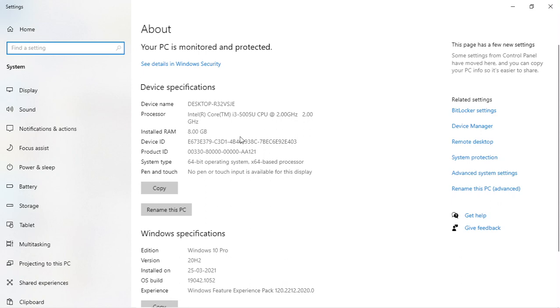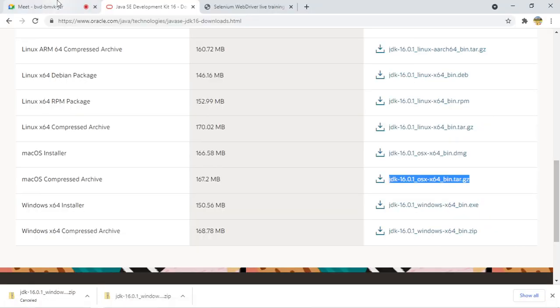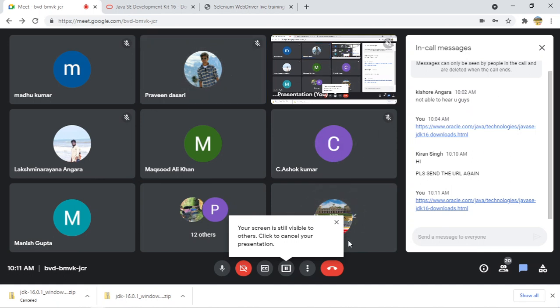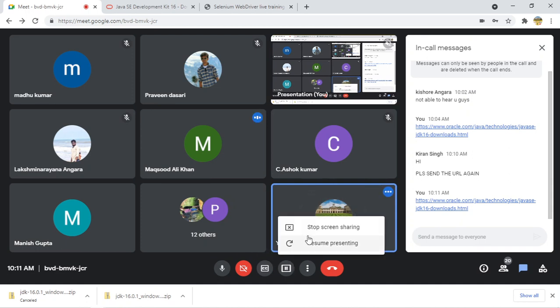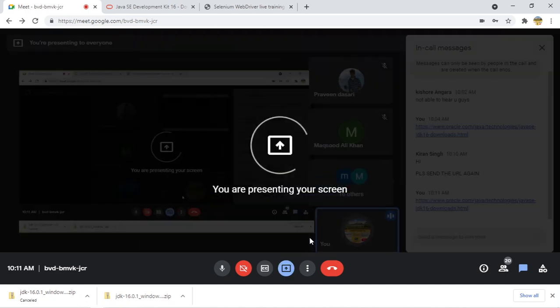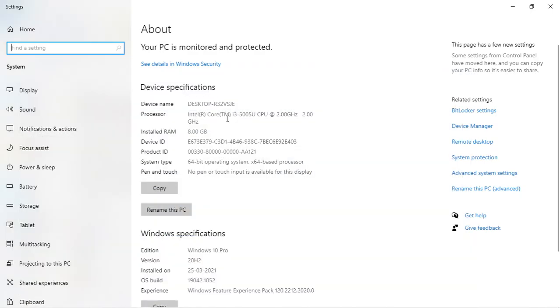No. Okay, let me check. Click on the share screen, that will be visible. Okay, I think now it should be visible. Yes, now it is visible.